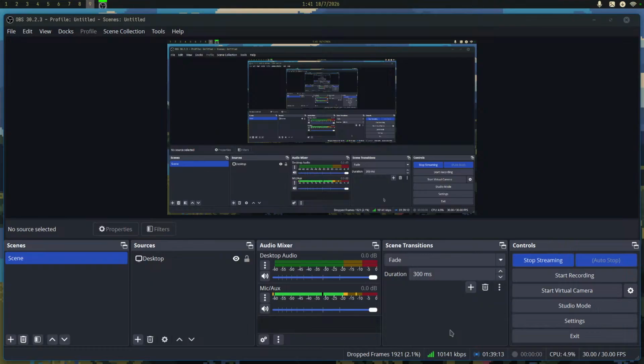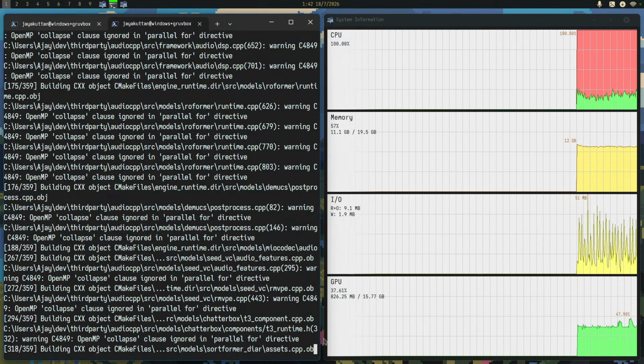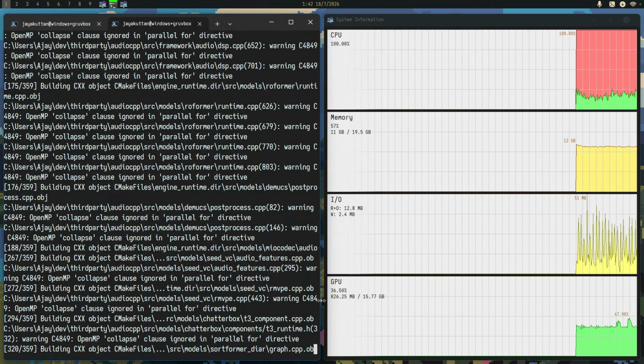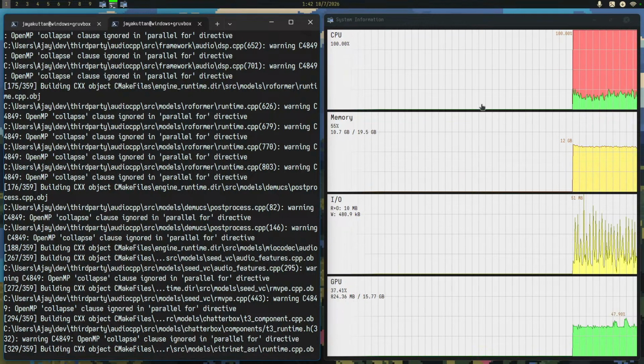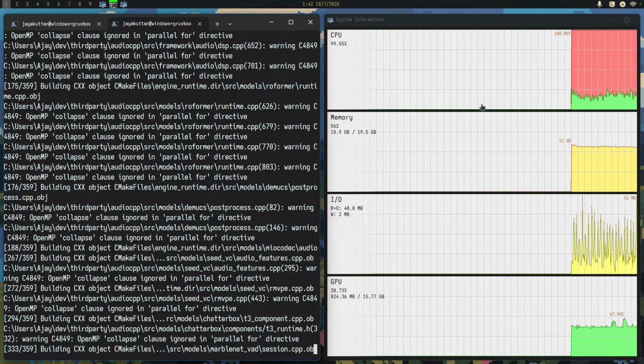It helps that this video is being encoded using my GPU. I think that is why I was seeing significant GPU usage. But yeah, I mean,